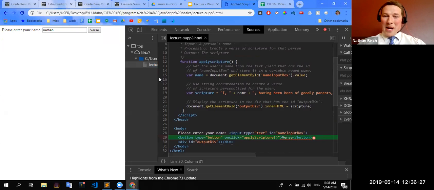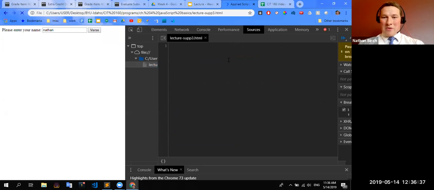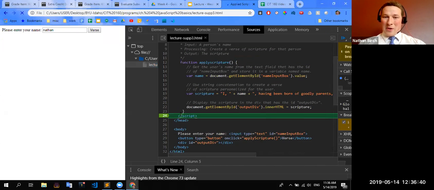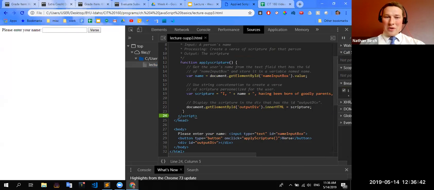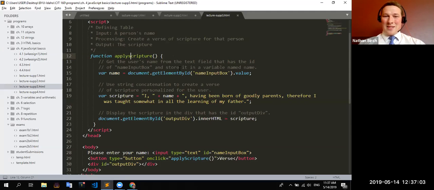I can put a breakpoint by selecting a line inside of a function. If I click on the function, this will get rendered as soon as the page loads. So if I hit refresh, you can see my code stopped right here because it went over all the JavaScript code. But if I want to see what happens when I actually click on the button and it calls this function, I'll put a breakpoint inside of this function. And so now as soon as I click on this button, this breakpoint should stop right here. So I'm going to click on it, and nothing happened. I see this error pop up, this red line shows up, and it's because it's not defined. So let's fix that real quick.